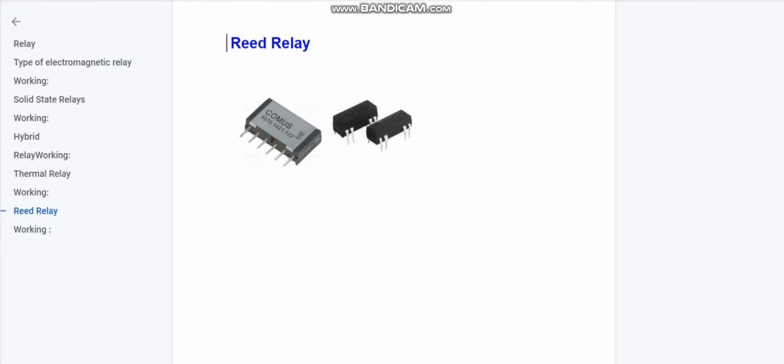Relays are also available with different pin configurations like 3 pin, 4 pin and 5 pin relays. Switching contacts can be DPDT, DPST, SPDT and SPST type. Some of the relays are normally open NO kind and the others are normally closed NC kind.